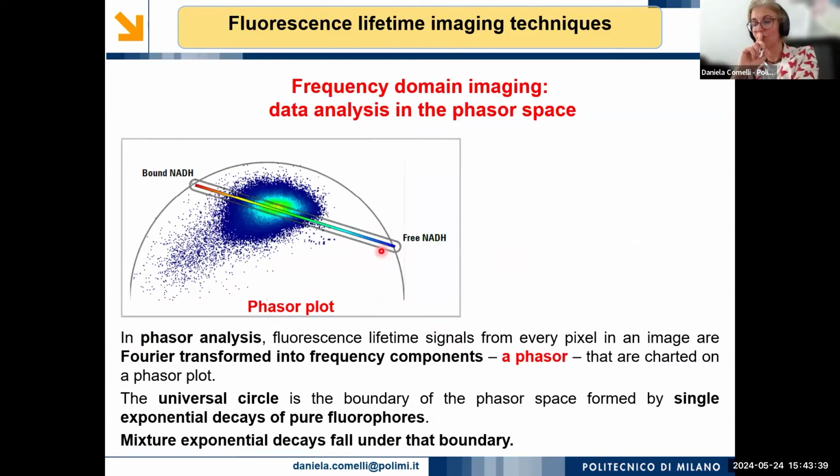It is just interesting to note a rather recent approach for analysis of lifetime with the frequency domain approach. That is, analyzing the lifetime signal in the so-called phasor space. That means that once the lifetime signal from every pixel is measured, you can Fourier transform it into frequency components, a phasor, that can be charted on a phasor plot. And it is interesting to note that in this phasor plot, this circle is related to mono-exponential fluorophores, to mono-exponential